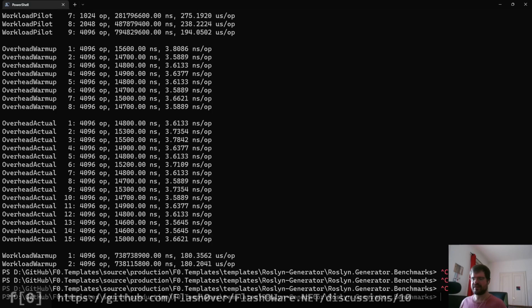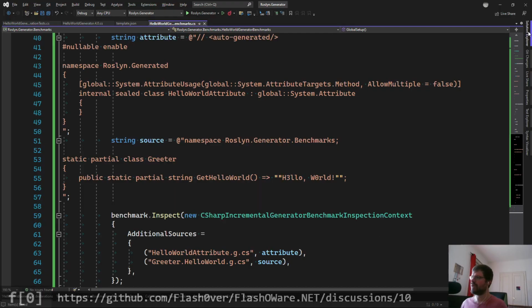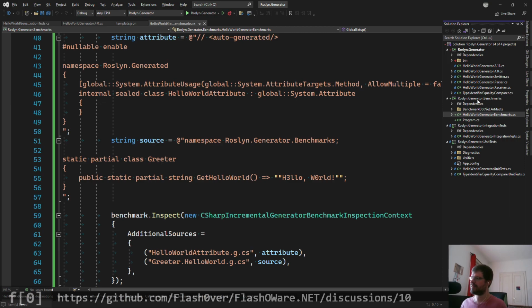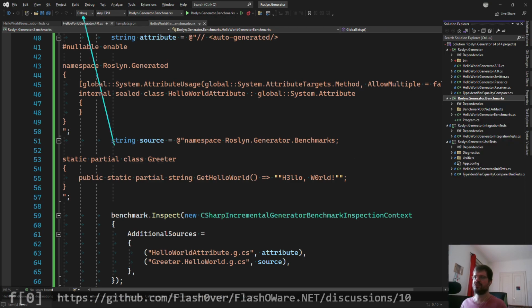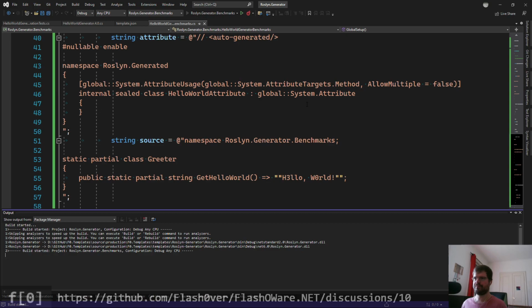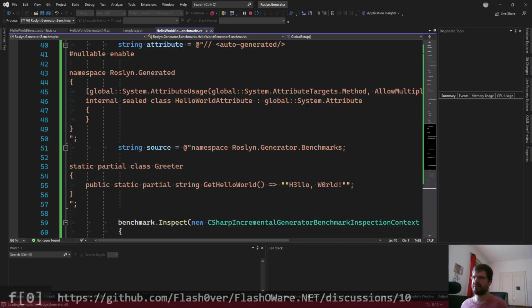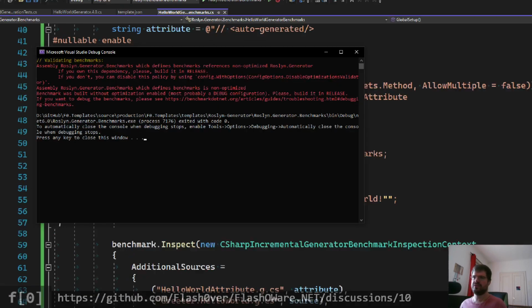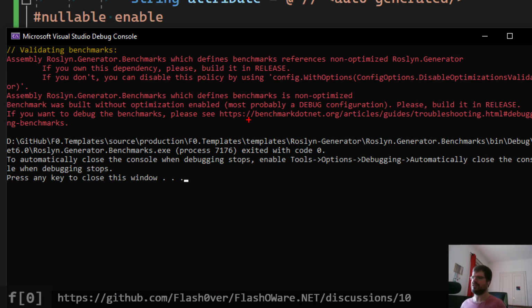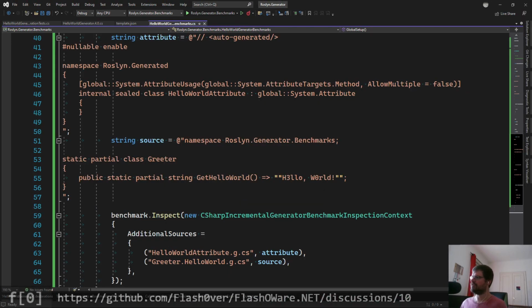But what I see is that I always need to run the entire benchmark. Perhaps I also want to do debugging, because you can also debug a benchmark, but not by default. If we select this benchmarking project as a startup project in debug configuration and run it, Benchmark.NET will complain that a benchmark is only meaningful if you run it in release mode. It says here, if you own this dependency, please build it in release. But if you explicitly want to enable debugging, there is a